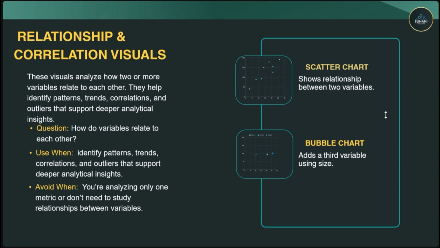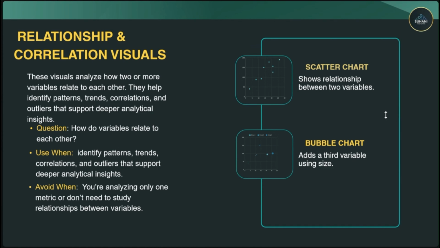Like when the question is, okay, as the marketing spend increases, the sales are also increasing, and as the marketing spend decreases, the sales are also decreasing. Or not just about any spend. If any season is coming in the market, for example, winters, then the supply of winter clothes will be more in the market rather than shorts and cut-sleeve tops. The market will have more products related to winters, like winter caps, winter jeans, overalls and jumpsuits. If the season changes, then the products will also change. So that's where scatter chart helps us to analyze and understand.